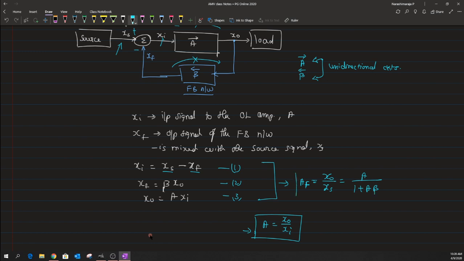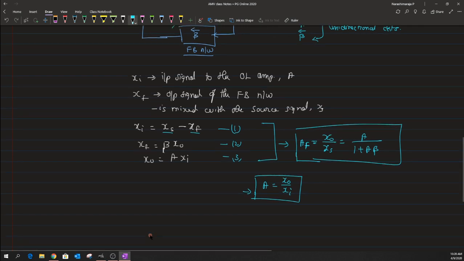So in order to get down to this equation, one has to utilize all those three expressions that have been listed towards the left, and when we plug in those equations, we would end up having this. This is very straightforward algebra in order to prove this particular statement, and I will skip proving this formula. Now apart from defining this 1 plus a beta as the gain reduction factor, one could also talk about this particular factor, which is a beta. There is a specific name for this a beta, and we call this quantity a beta as loop gain,